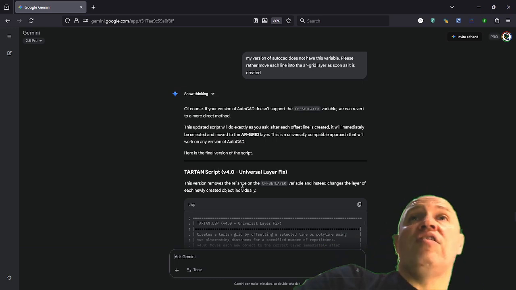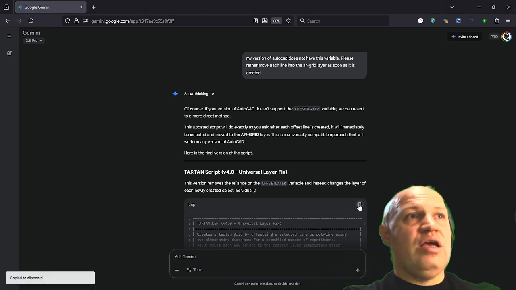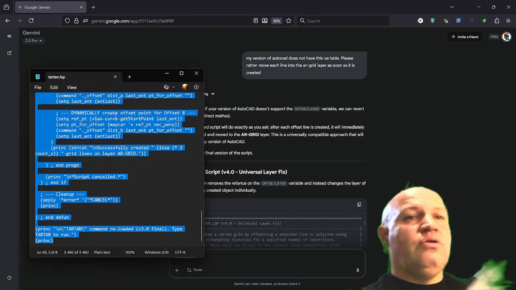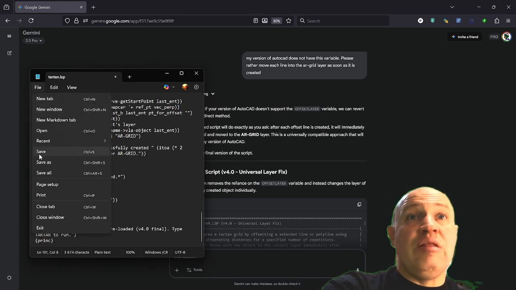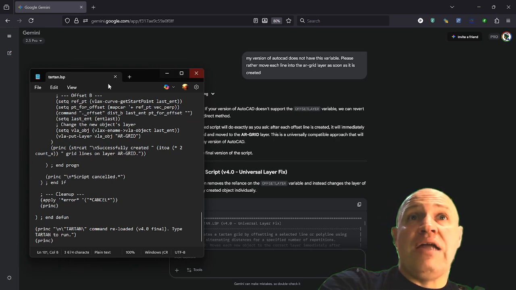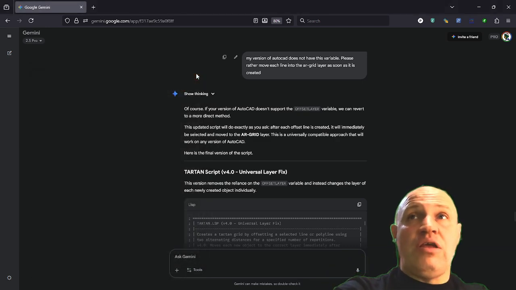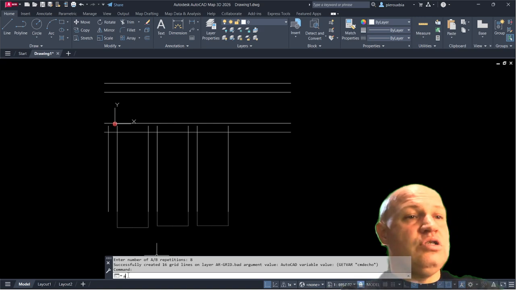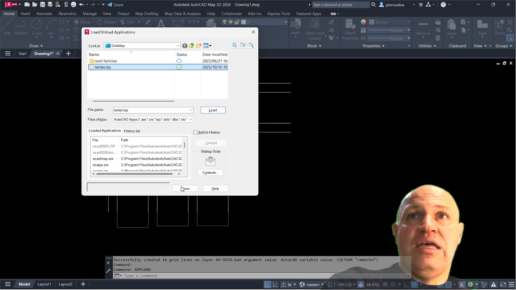So hopefully this gives you an idea. Let me just copy this in and show you that it's working. But hopefully this gives you an idea of how you as an architect can start becoming a little bit more of a programmer. And it's not about understanding what every line of the script does. It's about you having a good idea of what your intention is and what you want to do, and of being able to tell the computer, just like